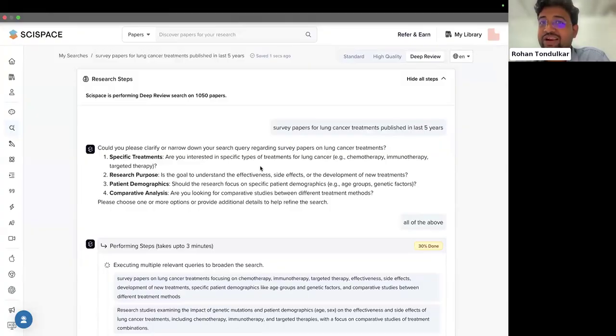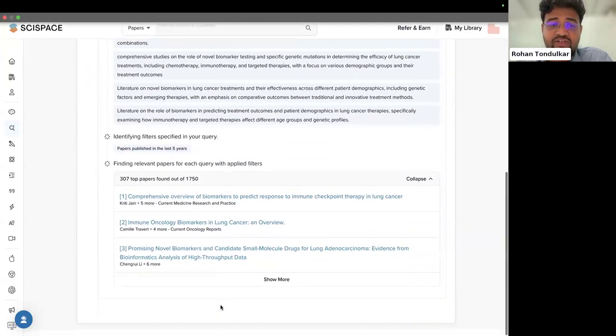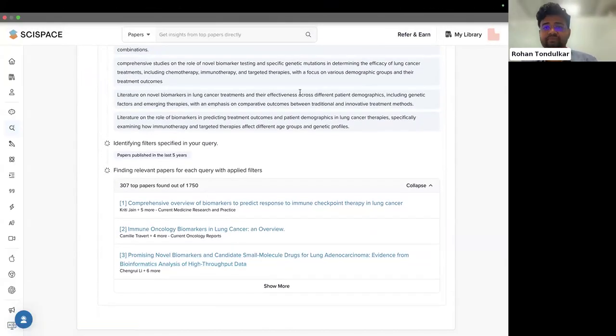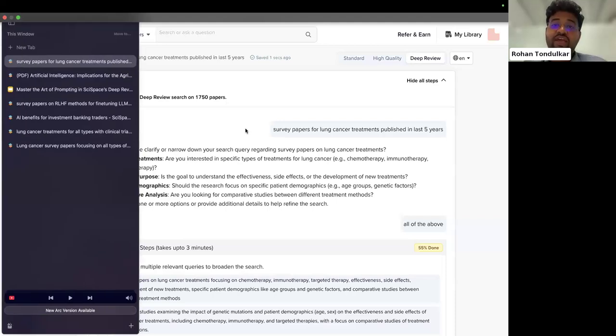Usually, when we rank the papers, the most relevant come on top. So that will be like the perfect papers. Then our aim is to not just give the most relevant, because we have realized that users sometimes want a bit less relevant papers also, since those can give them new insights. So we also give a bit less relevant papers after that, but the most relevant are obviously on top. Here again, it fired multiple long queries, added the filters, and generated results. Awesome. So we covered one prompt tip: use survey papers or meta review or whatever, and then the last 5 years. Now let's try another tip.